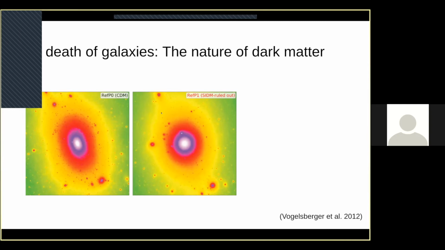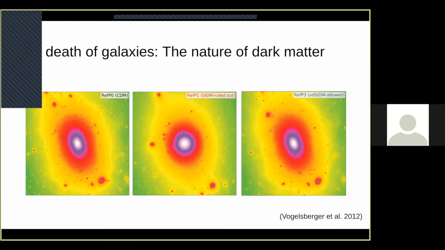And in fact, we can use observations to rule out a model as extreme as the one that's being shown here. So we know that the dark matter can't interact in this way, but it could interact in this way. So you can still have a dark matter that interacts with itself in a way that is still interesting to physicists. And it can look awfully similar to sort of standard dark matter.